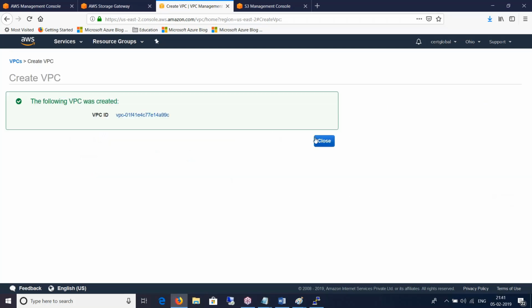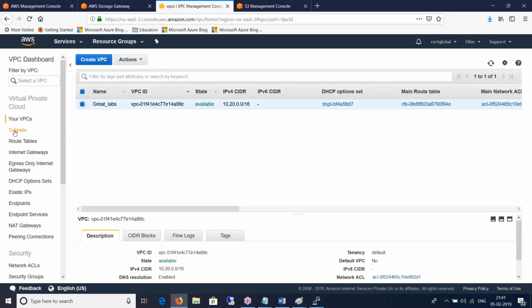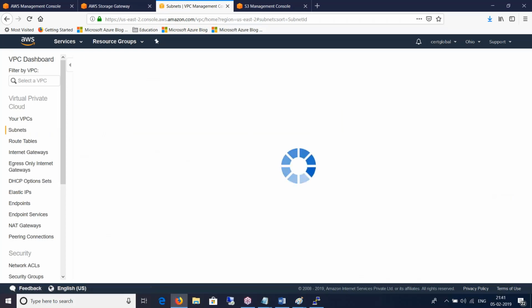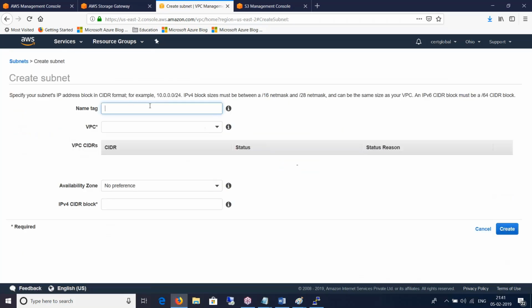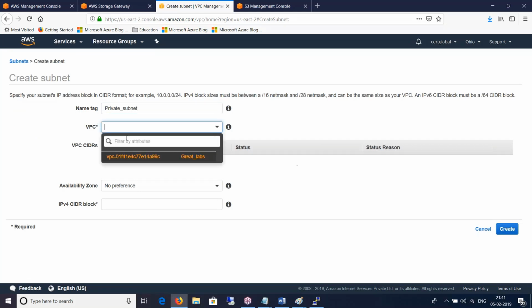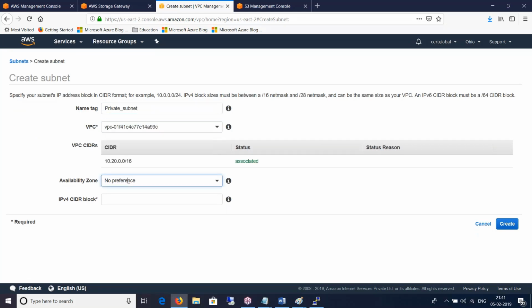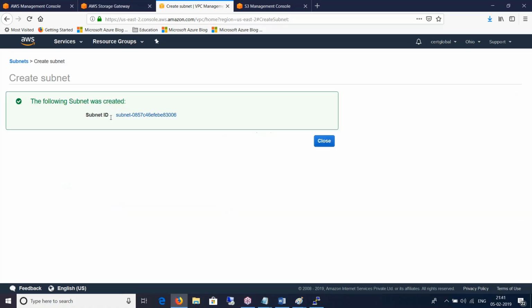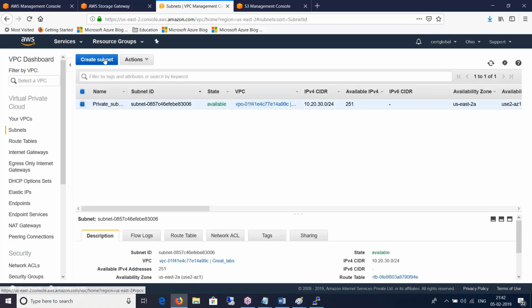I'm not going to explain those things because we did that yesterday as well. Go to the subnet section, create subnet. I'll say private_subnet, and the VPC is this. Availability zone, let's put them in different AZs. 10.20.30.0/24. We learned about the CIDR block concept yesterday, so that's created.